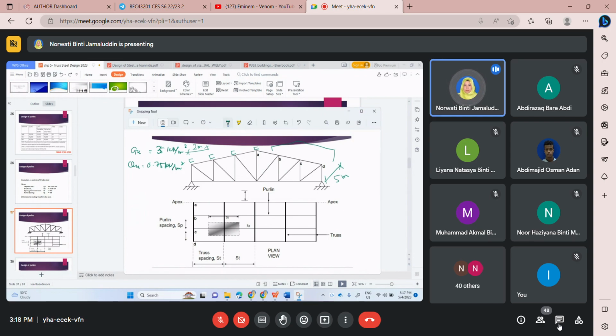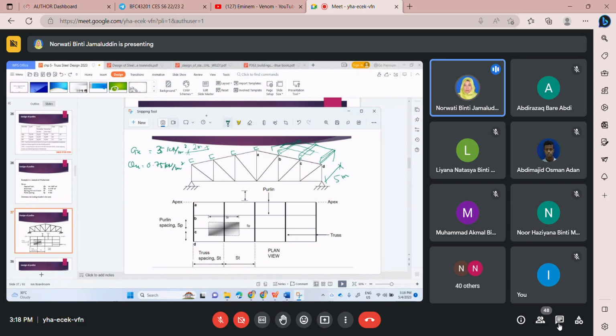Just a simple analysis. Of course, your purlin will run from first truss to the other truss member. This one is the purlin. Imagine that on top of this purlin will be roof covering. You will put your roof covering here. And then imagine again that this roof covering will be supported by these two